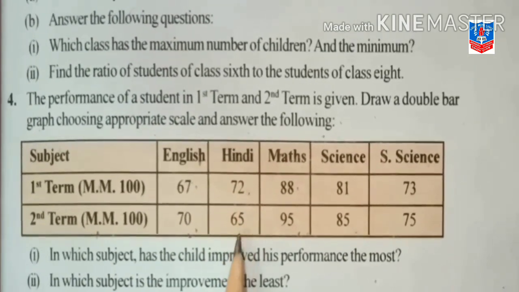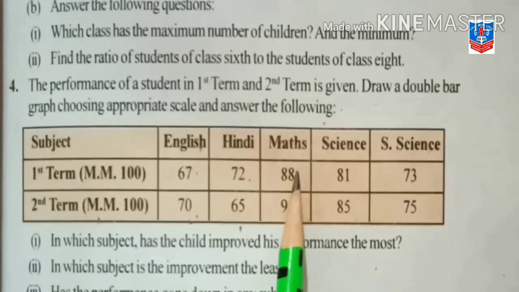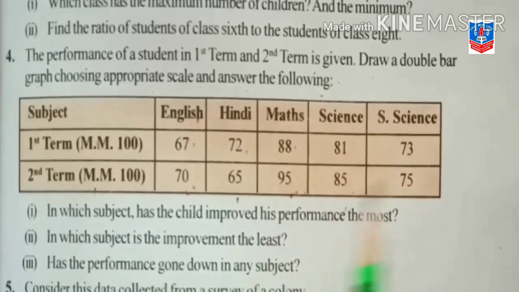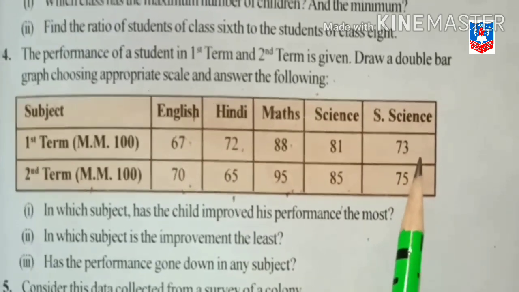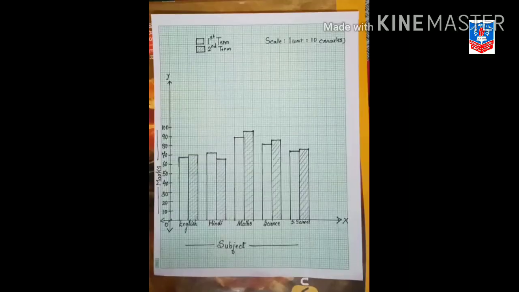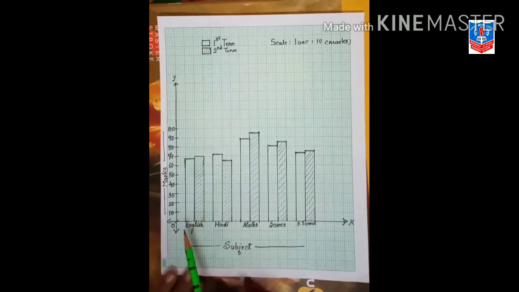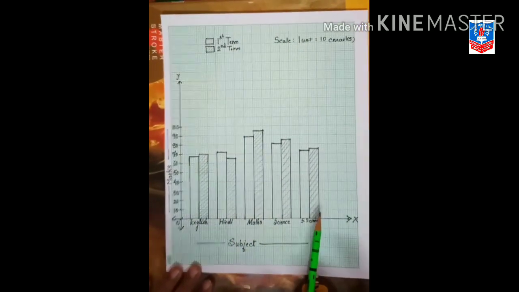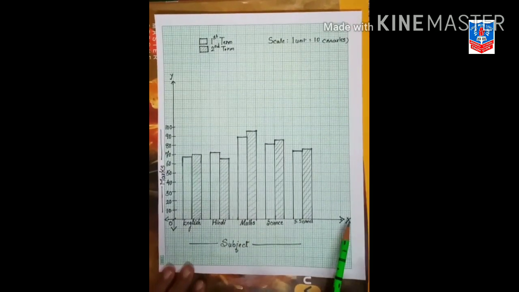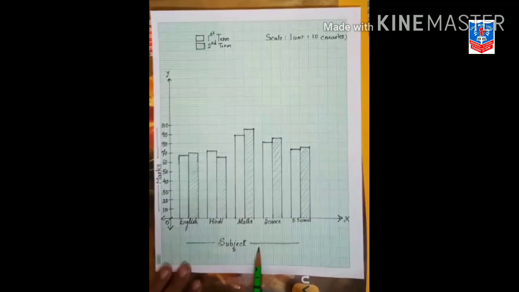Hindi 72, 65. Maths 88, 95. Science 81, 85. Social science 73, 75. Now we have to draw a double bar graph. Okay. Now on x-axis we have shown the subject